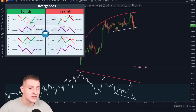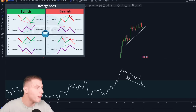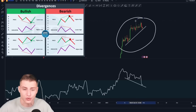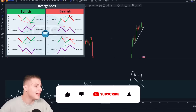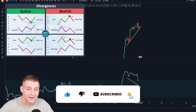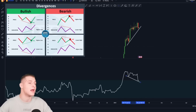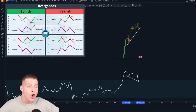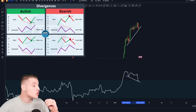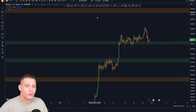And the most interesting part is that this signal is not only flashing on the 4-hourly time frame right now, but if I'm looking at the 12-hour time frame, I can see that this signal is currently flashing on the price action of Bitcoin, and also on the daily time frame. The Bitcoin daily time frame is also creating a higher low on the daily candles, and the RSI is forming a lower low. So we are right now creating a hidden bullish divergence on the 12-hour, 4-hour, and the daily time frame. And this could be a signal that this is maybe already the drop off we've been waiting for,